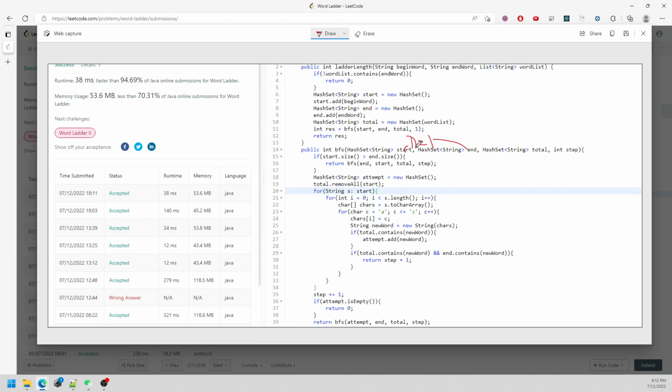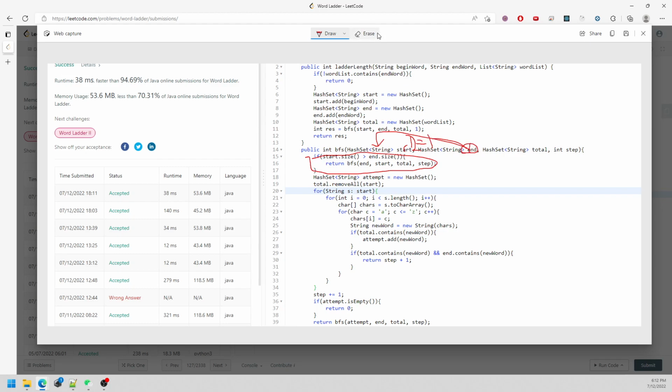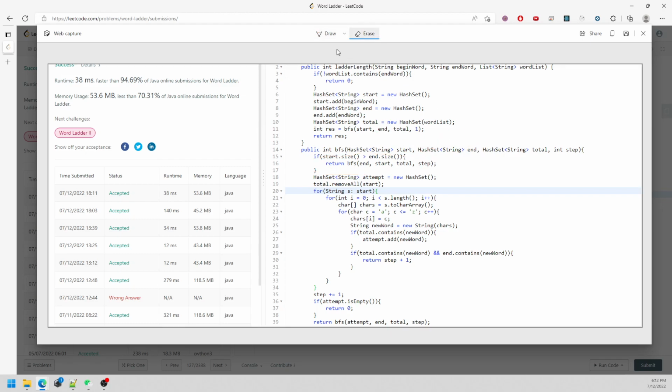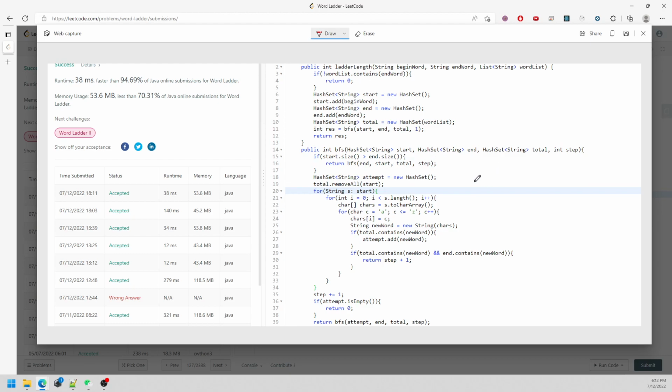And then once you add another word into it, this one will generate, I mean, this one will get noticed: oh, the starting set is definitely greater than the ending set. Now you want to swap, so you swap the ending with the starting. So you are changing the hash set. So this goes by 1, and then you want to go this by 1. So I would definitely say this is going to be, at least,